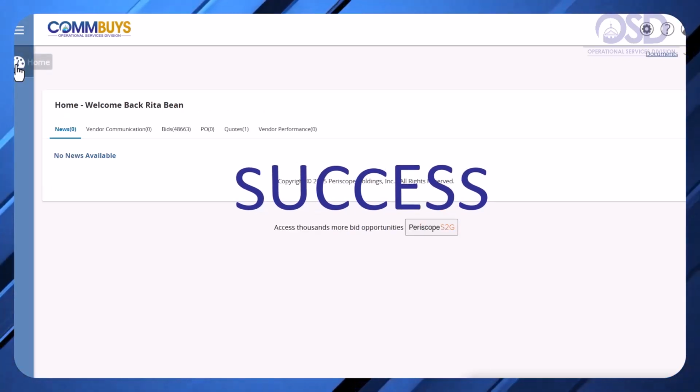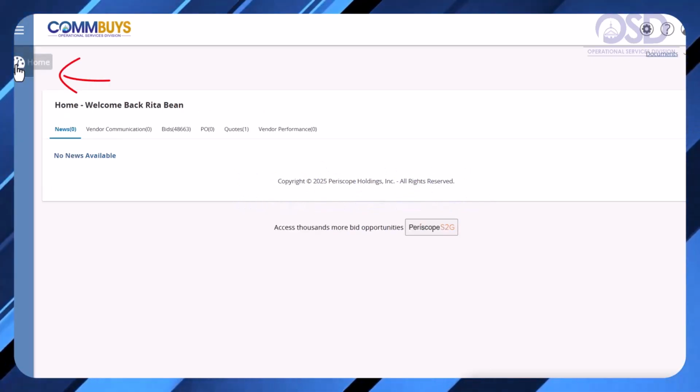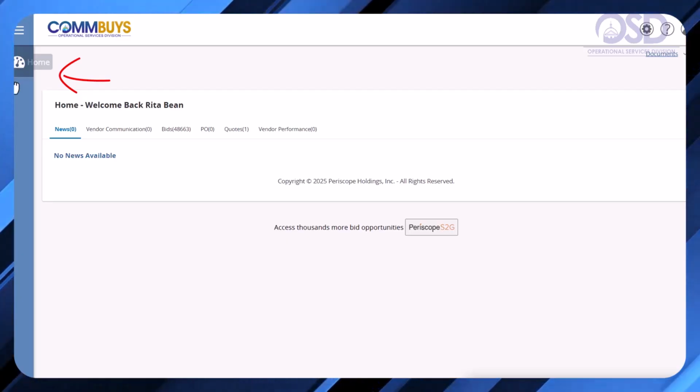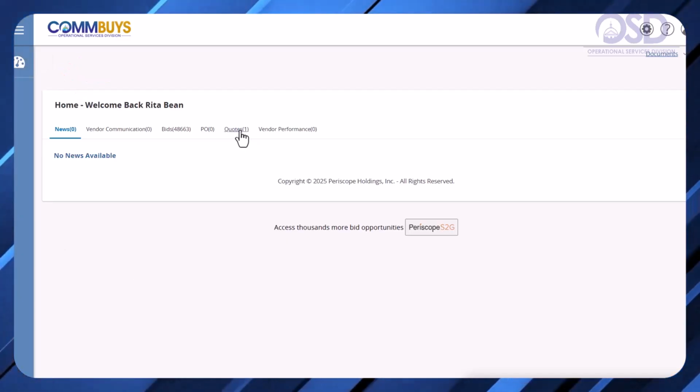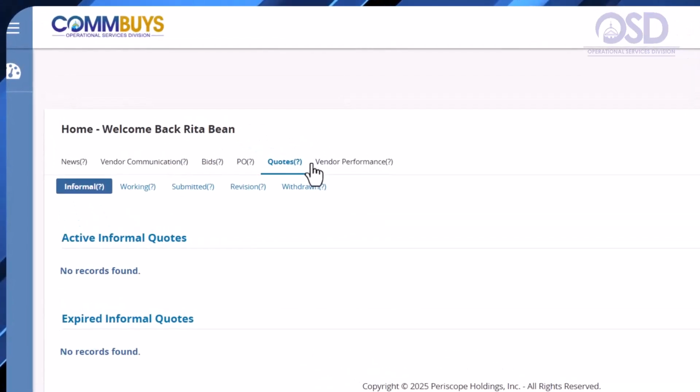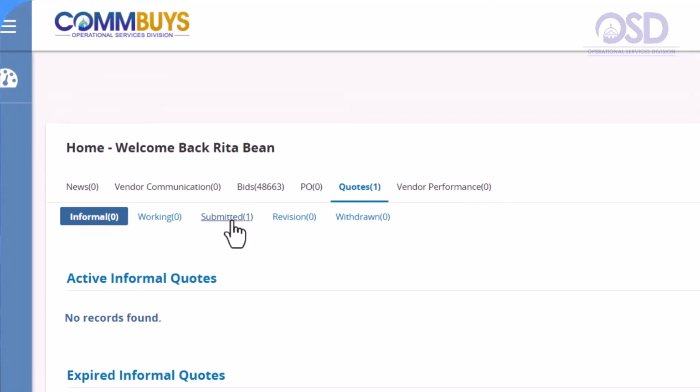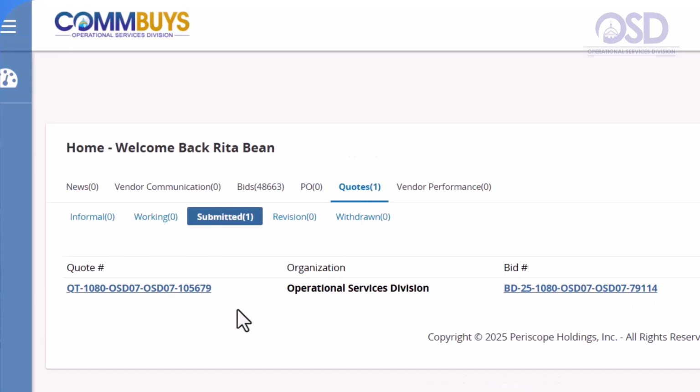Let's click the Home icon to go back to the seller homepage. Notice the small number next to the Quotes tab. The tab is a hyperlink. Clicking it reveals more details about the quotes in the company account.